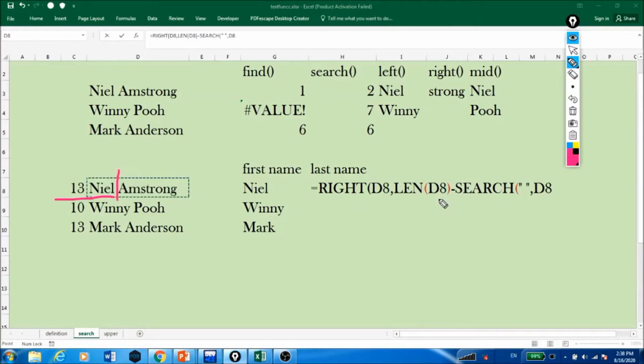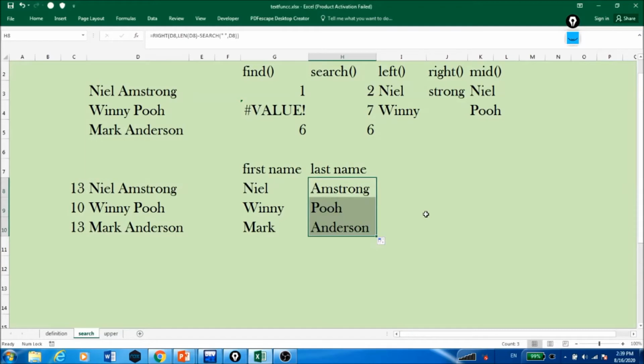So here you can see length is 13, 13 minus the space position, that is 5, right? The position of this space is 5. So here 13 minus 5, so this many characters will be retrieved from the right side. So here you can see you will get the correct output.